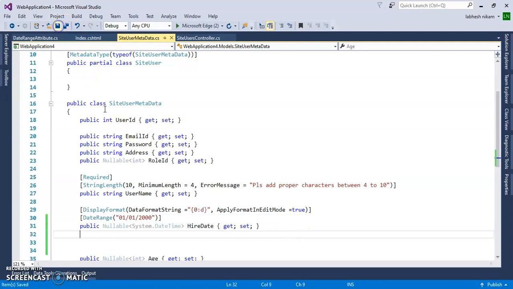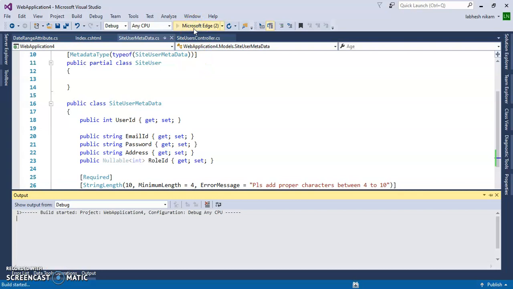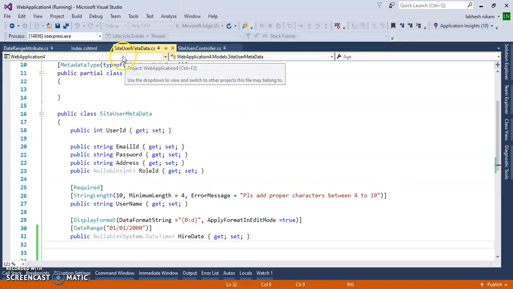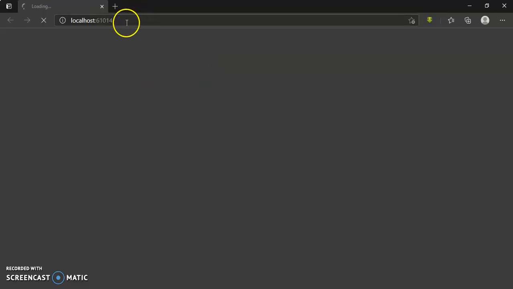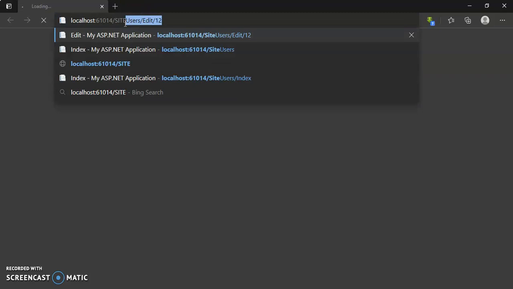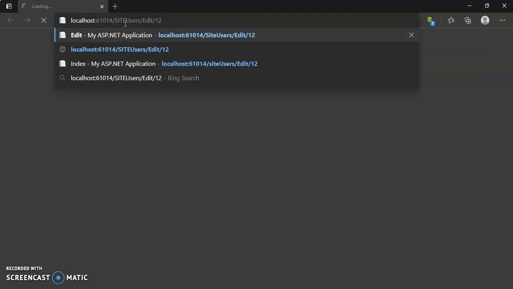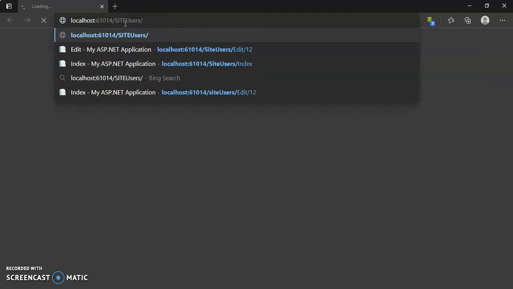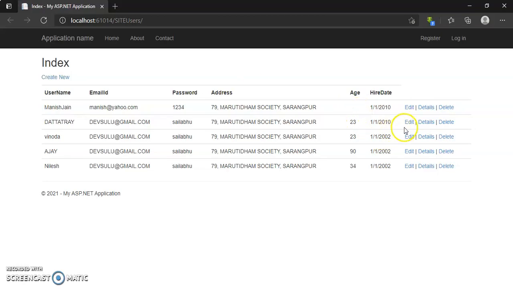Okay, so let's run this program. Site user index page. Click on edit.